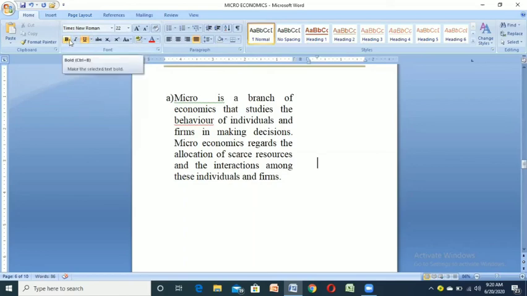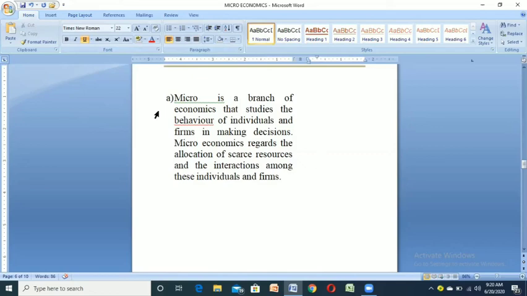See, bold, Control plus B, here Control plus I, here Control plus U. Here you don't have a shortcut, but in almost all the components you will have a shortcut. I will be sending a document with all the shortcuts. Please go through the shortcuts and you can use them in the typing process. Okay. So all the best, girls.